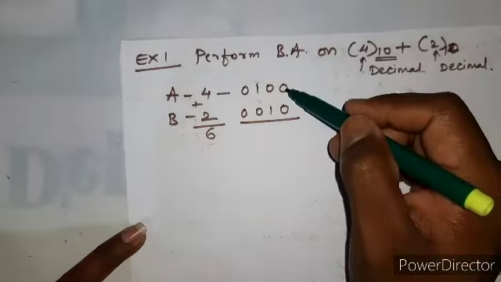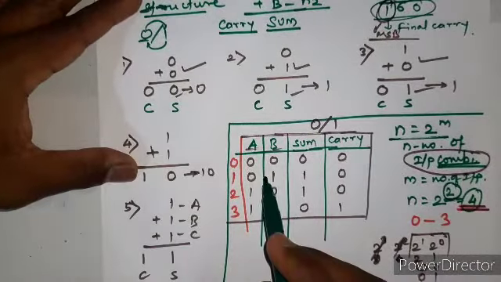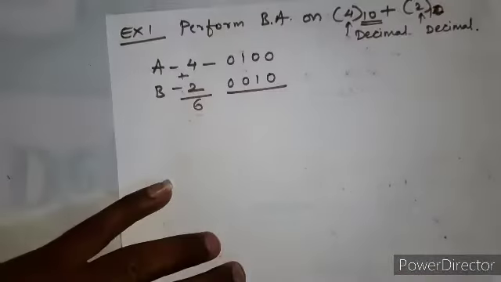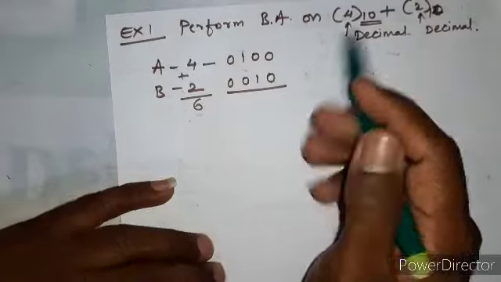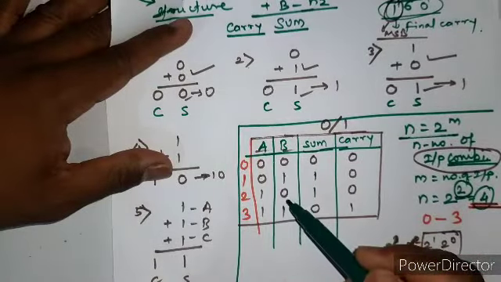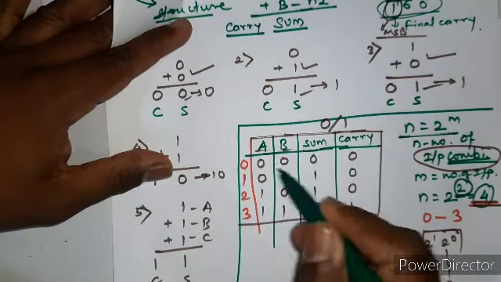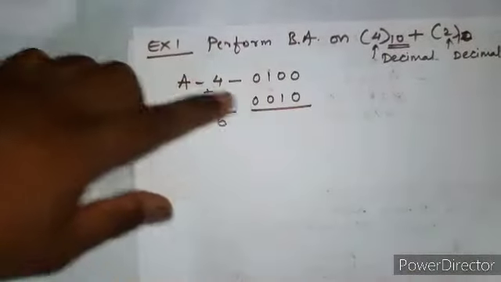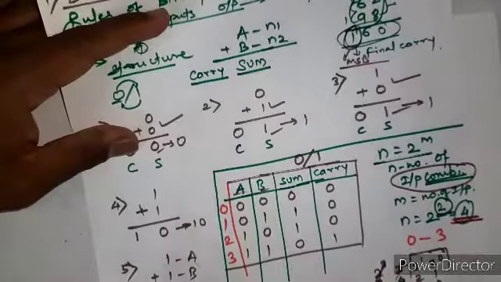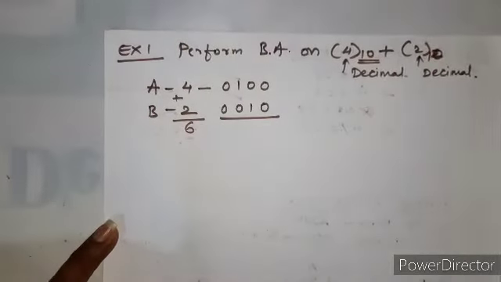So 0 plus 0. Now just look at this rule. Here these numbers have some combinations out of this. It's nothing outside of this. These combinations you will have here: 0 0, 0 1, 1 0, 0 0 again. So you need to understand that table, or refer to that table for this addition.